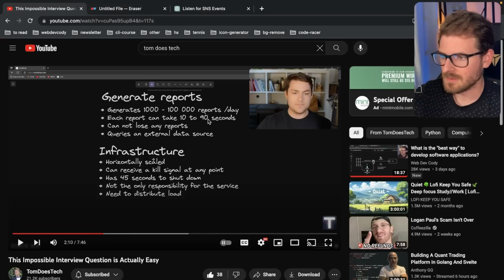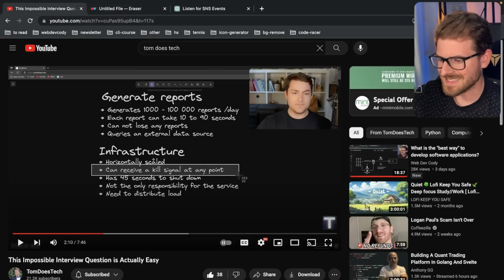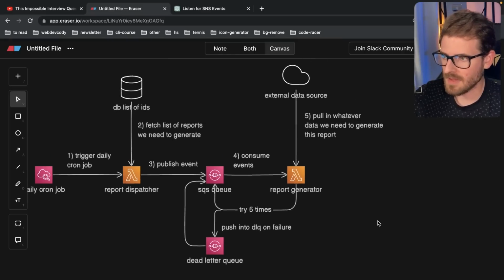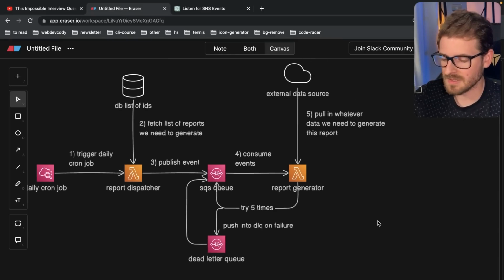Again, Lambdas can compute up to 15 minutes. So I think we're good in that aspect. Everything else is taken care of, right? Amazon has a lot of cool things that basically just scale up for you with very little effort. The one thing that we need to focus on is can receive a kill signal at any point. So this is the one thing that's kind of new to me. I haven't actually like thought about building this, and I haven't actually built this in any real systems before, but